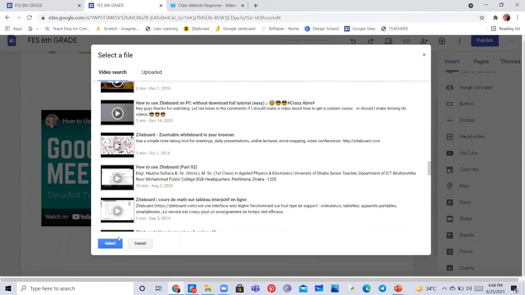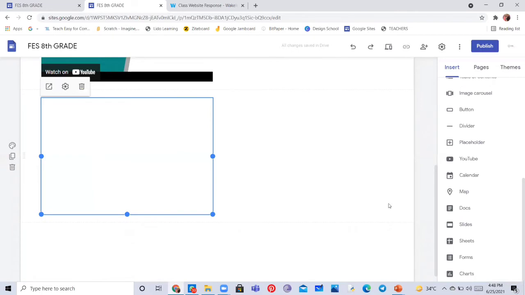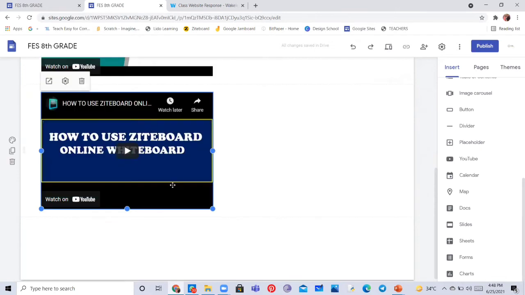So you can insert any kind of video. Directly, without opening a new tab and opening YouTube, you will be able to insert any video from YouTube directly on Google Sites, on your site, without moving on to shuffling apps.